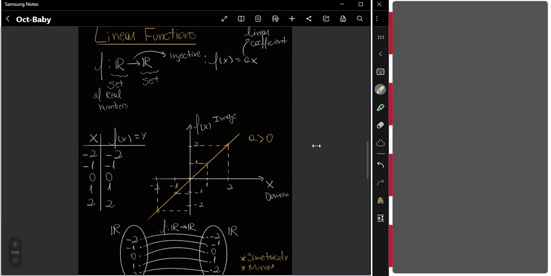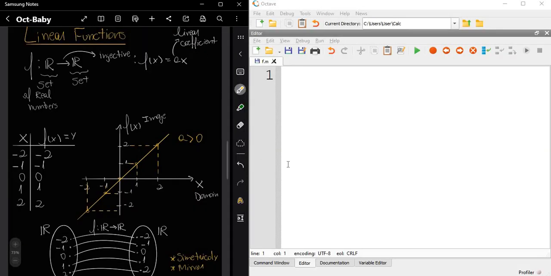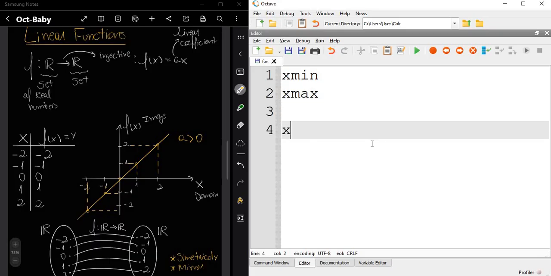Okay, now let's try to plot this in Octave right here in this environment. So we were creating variables like x min and x max, and also a variable to store the x-axis.